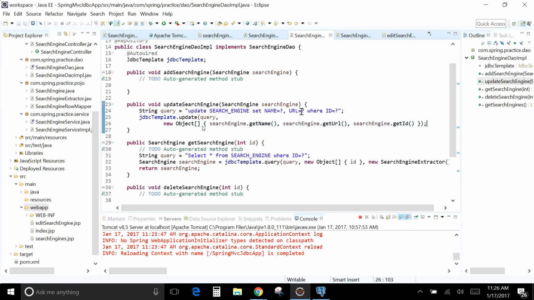Right, so we are trying to do: update search engine set name equal to question mark, comma, URL equal to question mark, where ID equal to question mark. So there are 3 question marks. We are passing the data for all those 3 question marks as an object array by using the getter